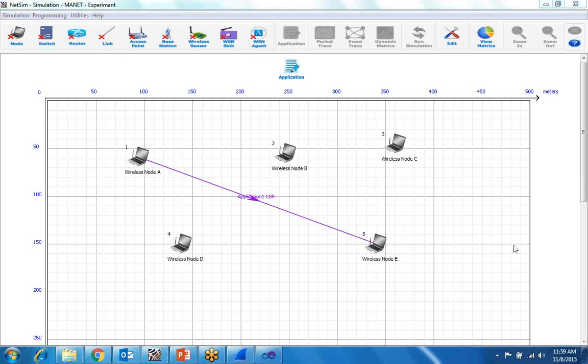Sir, someone has asked about LTE and IoT. So IoT is coming in our next version, sir? Yeah, V9 of NetSim will have IoT, and one of the components of IoT is 6LoWPAN, so we'll have 6LoWPAN support for IoT. Okay. LTE is already there, sir. Yeah, I have shown an example also of LTE.